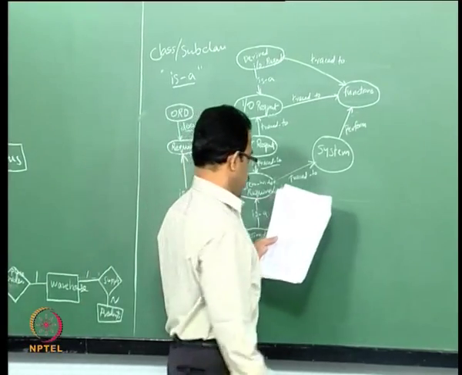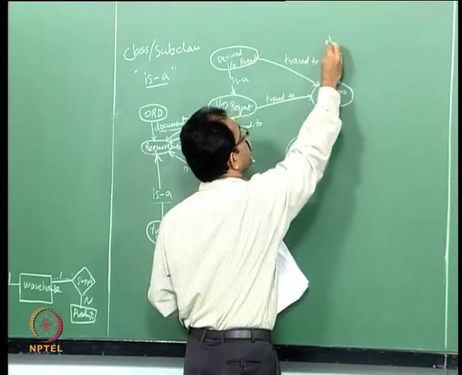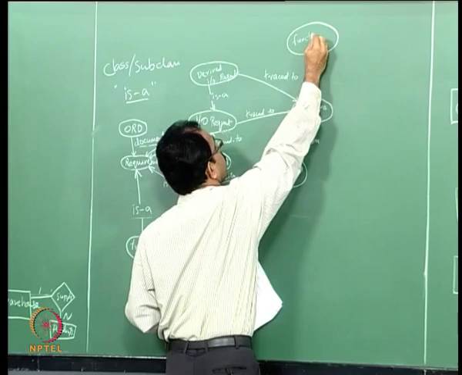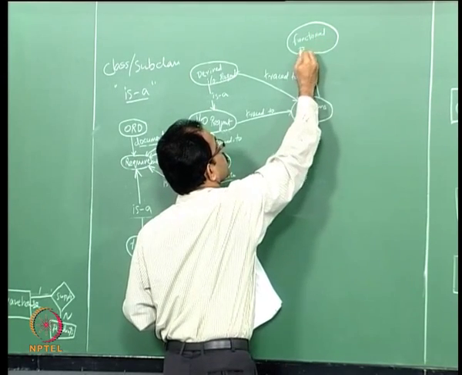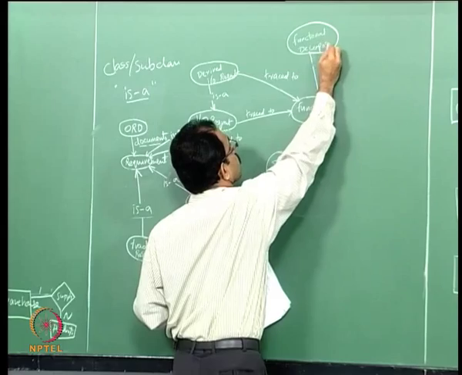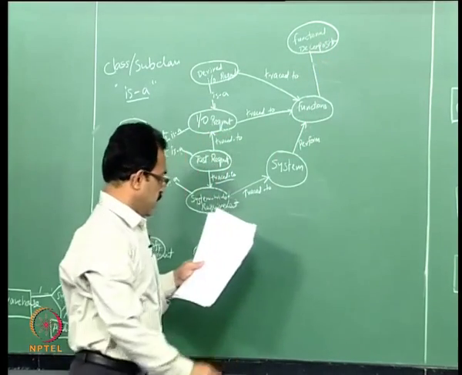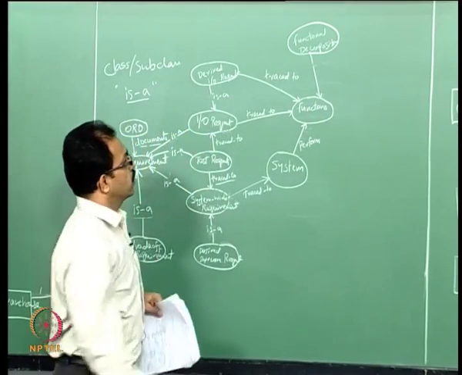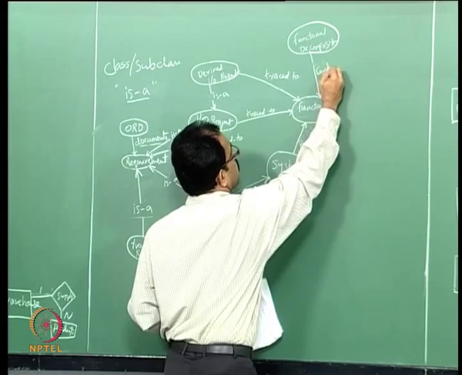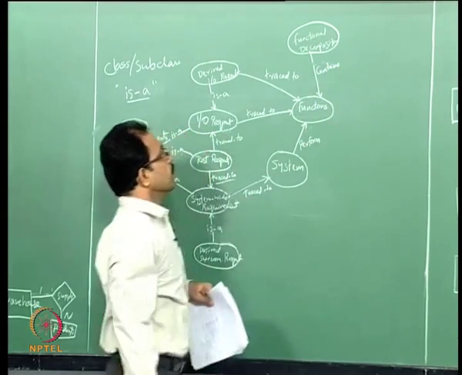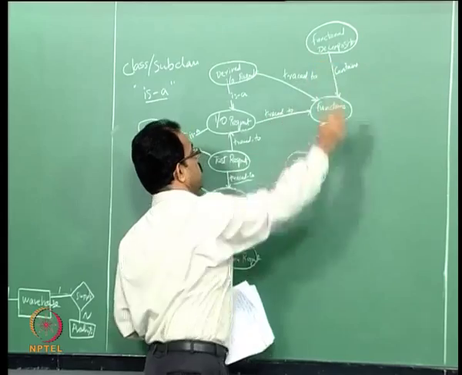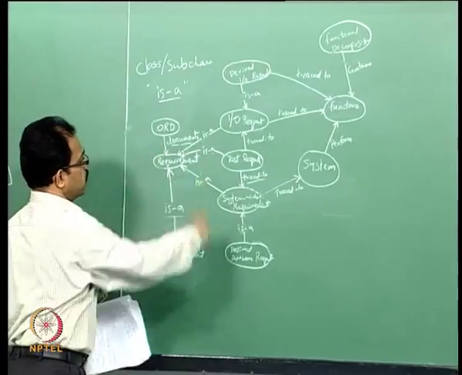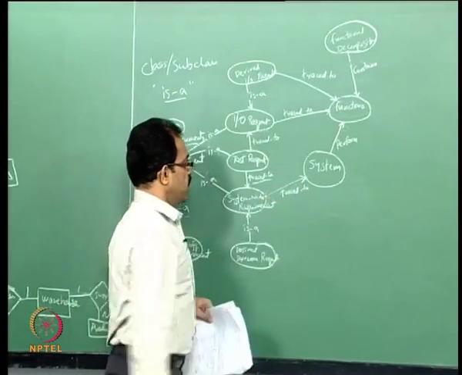Then again, we know that there are functional decompositions where different functions are identified. This is a functional decomposition, so this actually contains all the functions. The functional decomposition will contain all the functions. So, the relationship here is that it contains the functions. So, that is the relationship between these entities. So, all those shown in the circle or oval shape are the entities, and the relationships are expressed using the directed arrows.